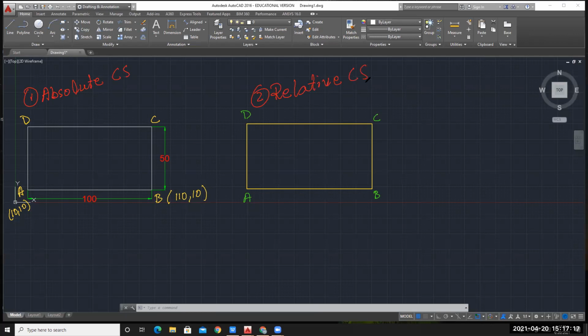Relative coordinate system. Okay, so when I'm saying relative coordinate system means, suppose you started your drawing with 10, 10, and the length of this line AB is 100 units.